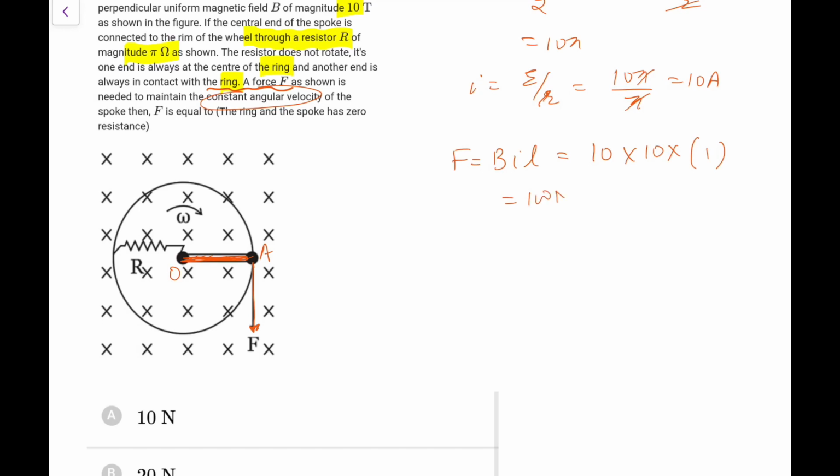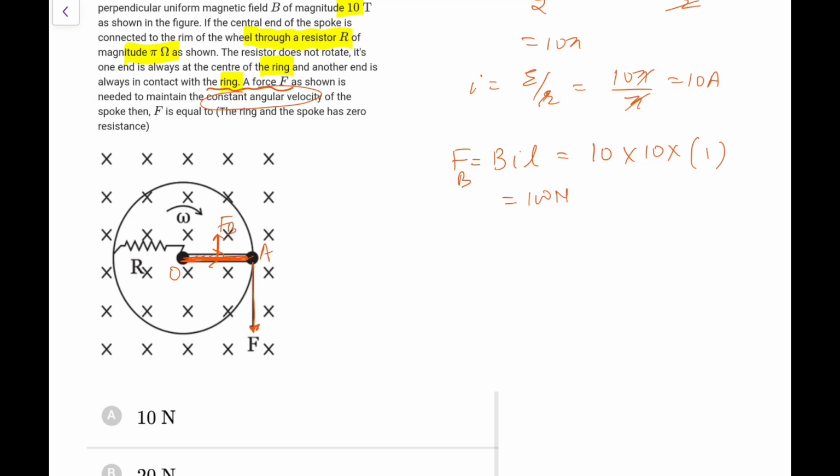So this 100 Newton is basically the force by the magnetic field, and uniformly it is acting, so we can assume it to be acting at the midpoint of the rod. And the force would be, because we have this current going like that, so we will have I L cross B. If I do that L cross B, that force is going to be getting upwards, because the current is going like this here, so I L cross B would be like this, FB.